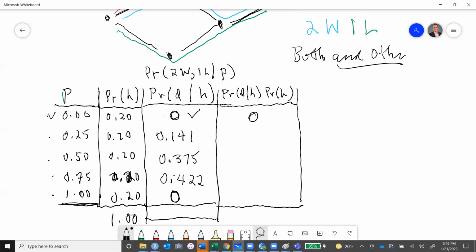And what do we get here? What do we get here? We get 0.2 times, 20% of the time that hypothesis will be seen. And when it is seen, the data given that hypothesis will happen 14.1% of the time. And if we multiply those together, we get